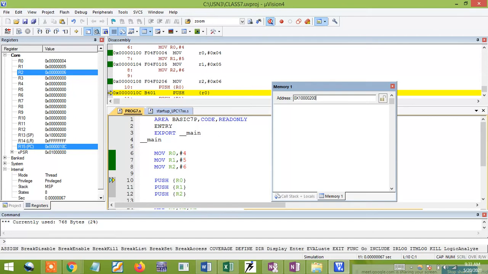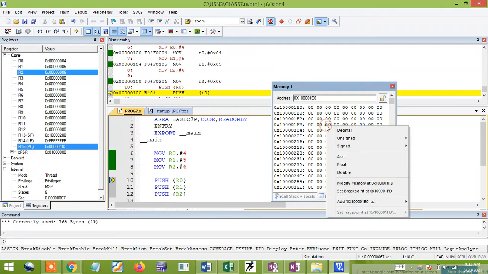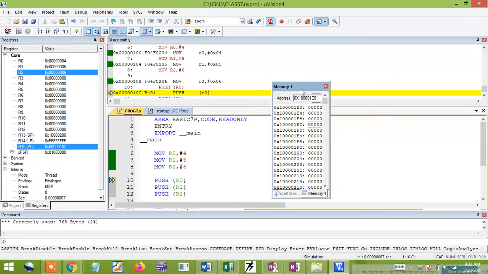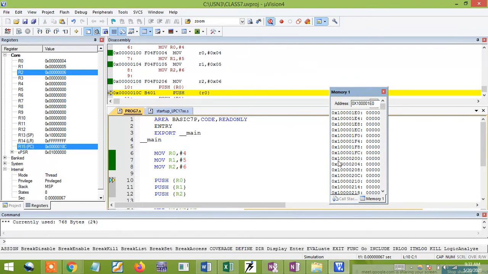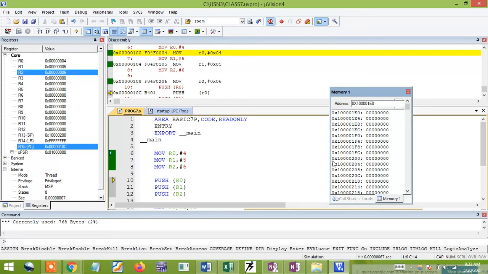So I'll give some fewer values also. What I'll give? Fewer values means I'll give 1 is 0. I'll explain. Just change to unsigned integer. I'll just adjust this one. So remember, my stack pointer is right now pointed to this address 1000200. This is the address. It is right now pointed. What will my system understand? Up to here data is filled.